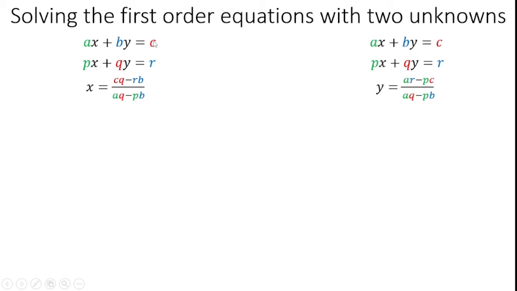Yes, here you see c into q. So only for easy understanding, I represented it with the red color, c into q. After that, another cross multiplication from the second equation to the first equation, which is r into b. After that, the denominator is a into q minus p into b. How can I get a into q minus p into b? Here you see, here also cross multiplication. The green color a is cross multiplied with the red color q, so that aq. After that pb. On the left hand side only, I consider the cross multiplication.